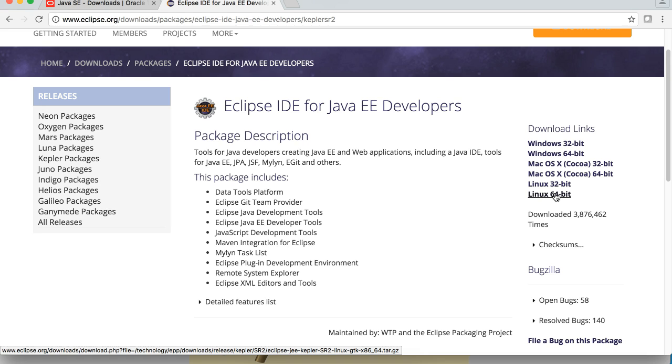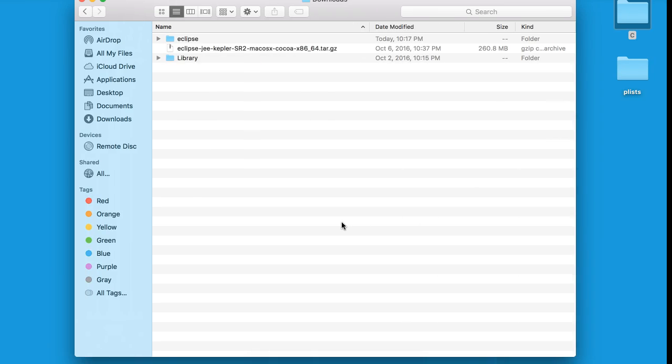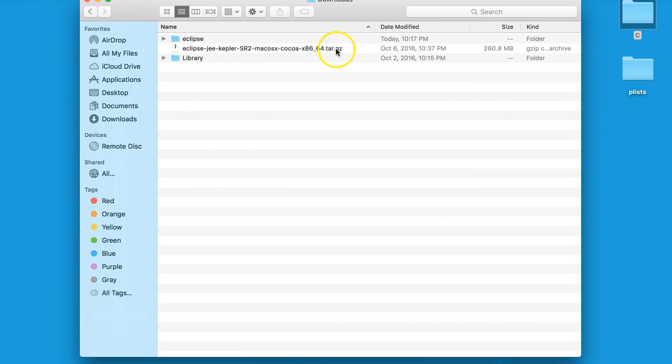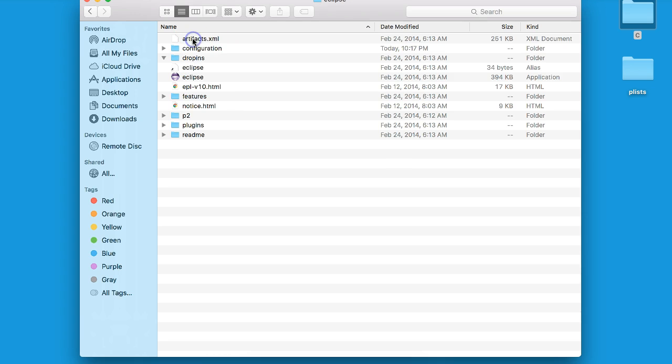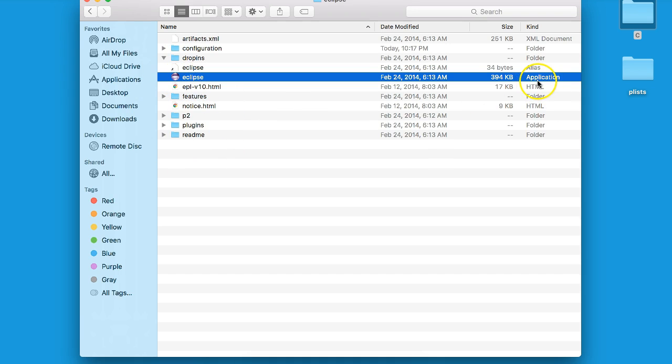So for Eclipse, we will search Eclipse IDE for Java EE developers. On this page, we will download the particular version of Eclipse which is required for our operating system. Okay, so I'll show you the link which it downloaded. It downloaded a zip file for me. I have unzipped the contents in this folder, and right over here inside those contents I have the Eclipse application, and that's it. There is nothing called installation as such. Once you download and unzip the contents, you are good to go.